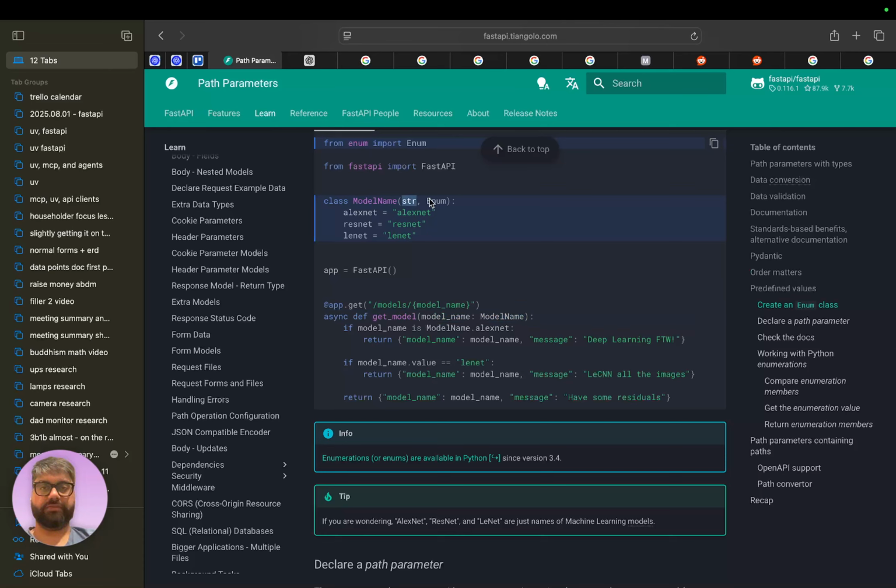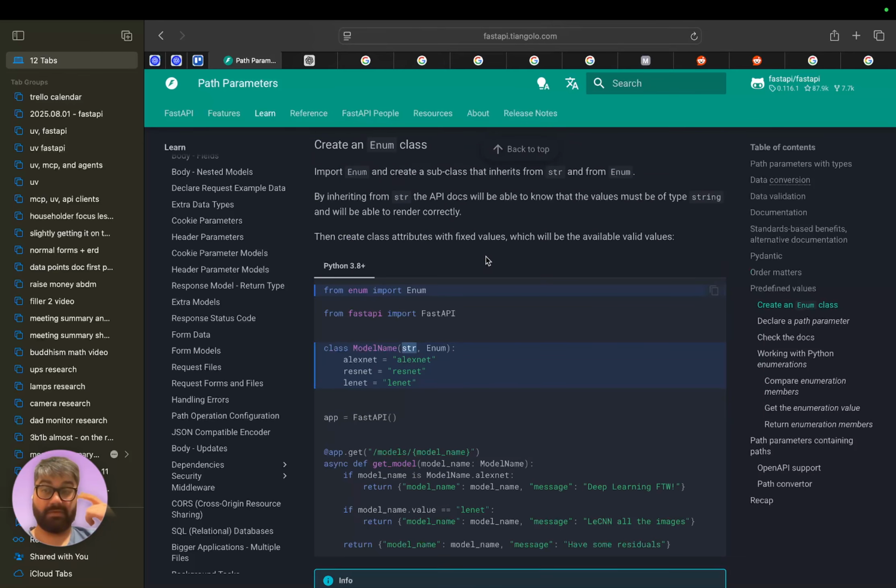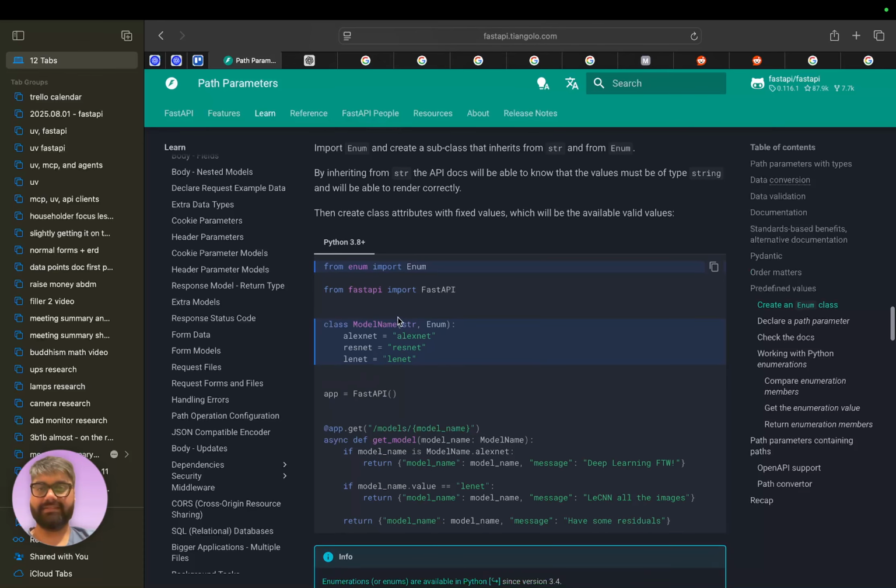The reason you inherit from both string and enum is because the string part helps in developing that OpenAPI JSON schema. So that's what this does. It says that all the values of this enum are strings. I don't know what would be the case if you're having an enum with mixed types, but at this point in time, I don't understand why you would have an enum with mixed types.